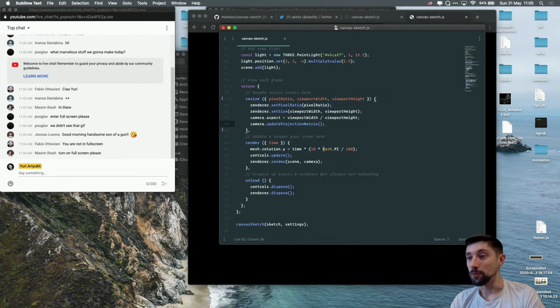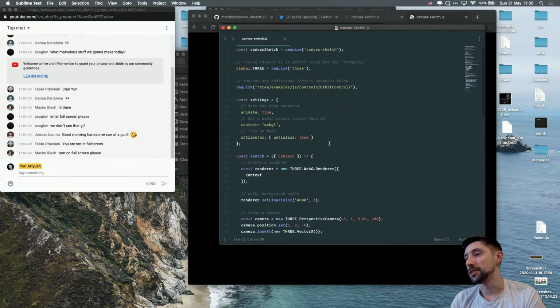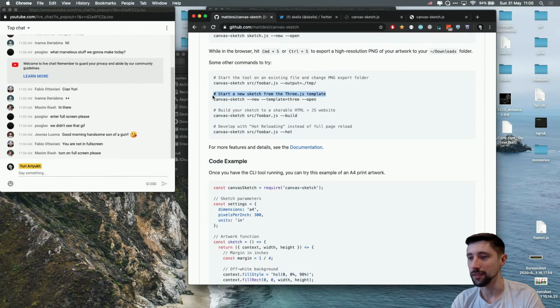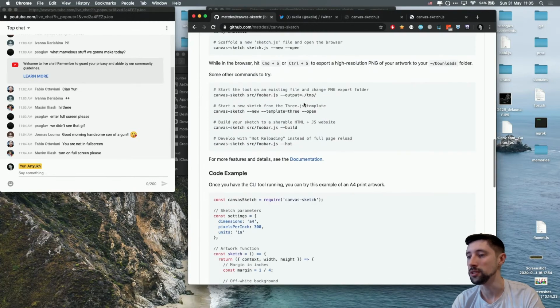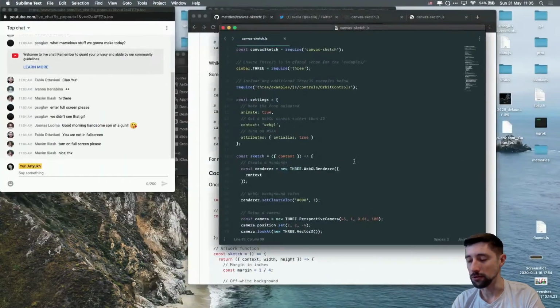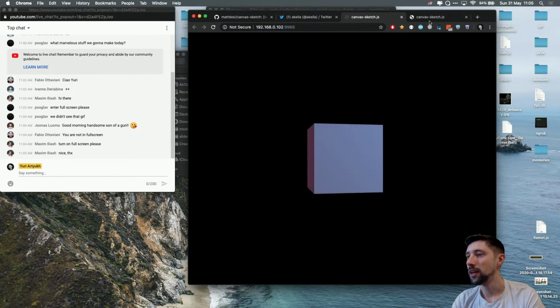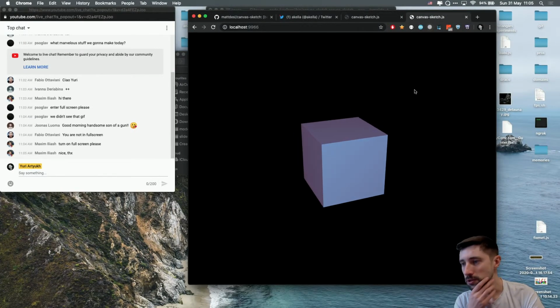Alright. So I just created the default Canvas Sketch template with a line that you see on the first paragraph of the documentation. So it's pretty straightforward so far. And I have this cube rotating here now. And it's not that interesting. So first of all,